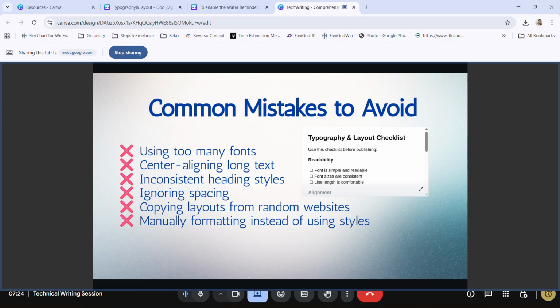And we think, yes, this is looking nice, let me follow this. But no, you will be working as per your brand and as per your standards and guidelines that you have set for your document. Manually formatting instead of using